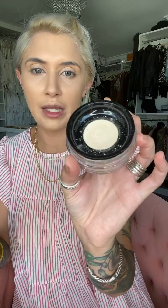Okay, so now I'm going to use my setting powder and I'm going to take a dry beauty blender. This one's actually not from Unique. I like it because it's flat. We're going to take our setting spray and we're going to mist that. Now I popped the cap off my setting powder, but typically it comes just like this. It comes with a little mesh plate like that, so you can not overuse it. So if you need to do a baking technique, I would recommend to pop the cap off, and you could do so like with a butter knife. But what I do is I just push it into the setting powder,